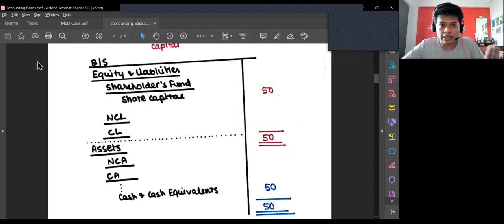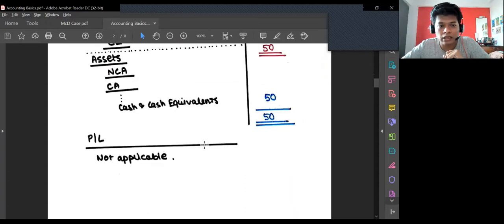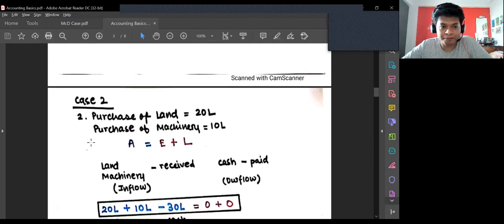So because I have no current liability or non-current liability, I have not recorded anything over here. So only my share capital is increasing, cash and cash equivalent is increasing. So both my asset side and liability side are increasing, and it's always equal. This is very important. It's always equal. And in the profit and loss account, there was no impact over here because there's no profit and loss. I'm just issuing share capital, right?